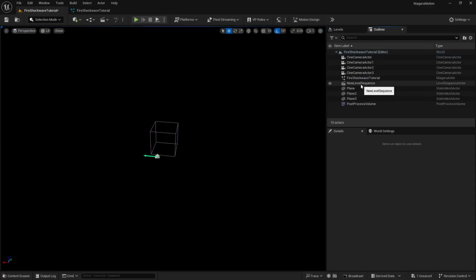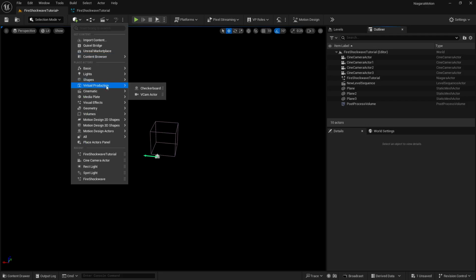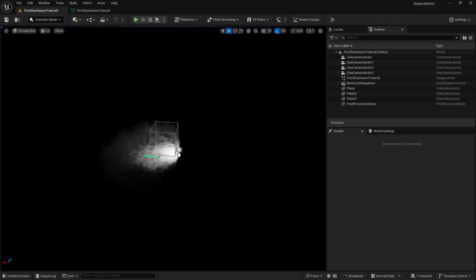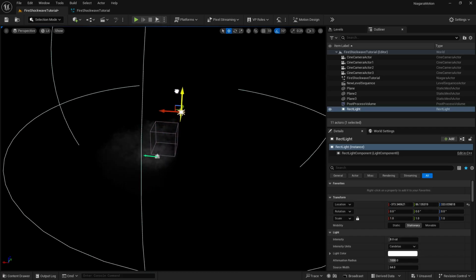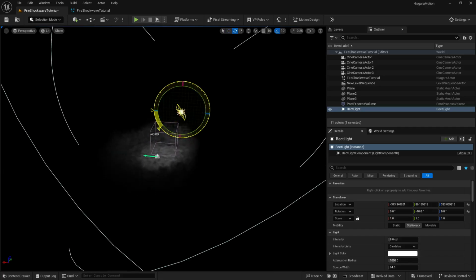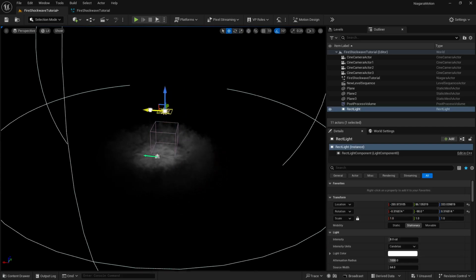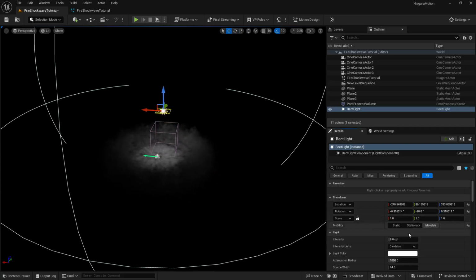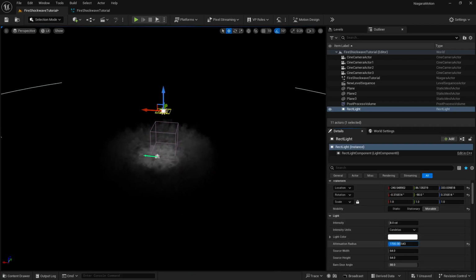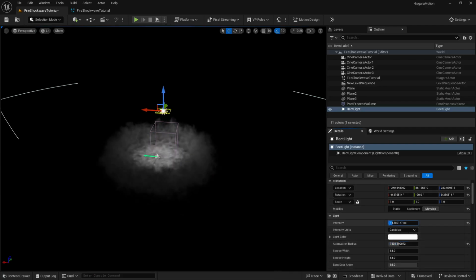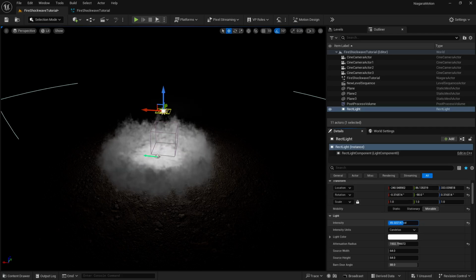So let's just delete this, and I'm going to add, let's say, an area light. Let's just add a rectangle light here. You can see the result here. Let's just rotate it to 90 degrees. And let's make sure that this is somewhat in the center here as well, movable. Let's make sure we are having some radius here, and I'm going to increase this. Something like this, but you can see it's not looking that good.